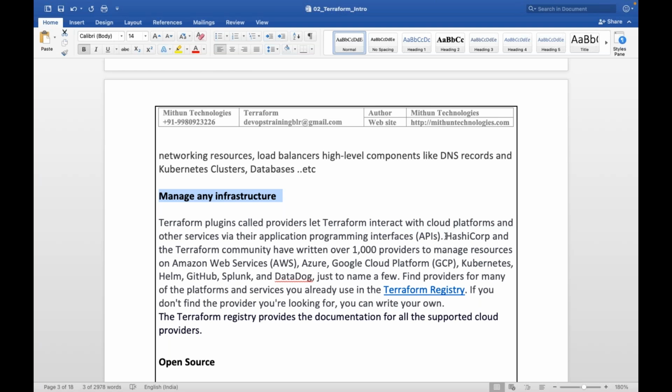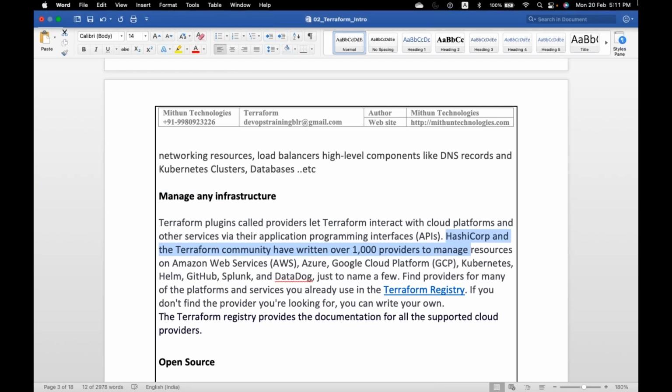As I already told, HashiCorp and the Terraform community have written more than 1,000 providers to manage resources on AWS or Azure or GCP using Terraform.